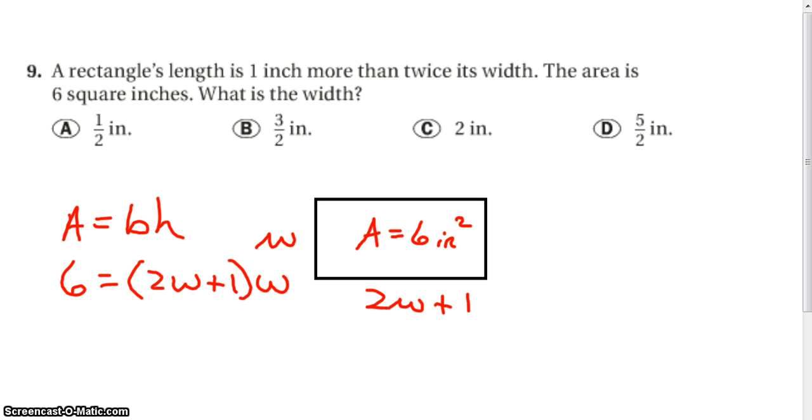Okay, so is this equation ready to give me solutions? No, it's not equal to 0, so we have to subtract 6 from both sides. Okay, so if we subtract 6 from both sides, you can